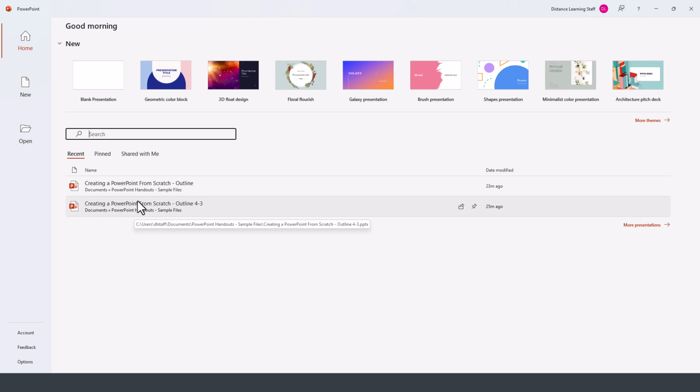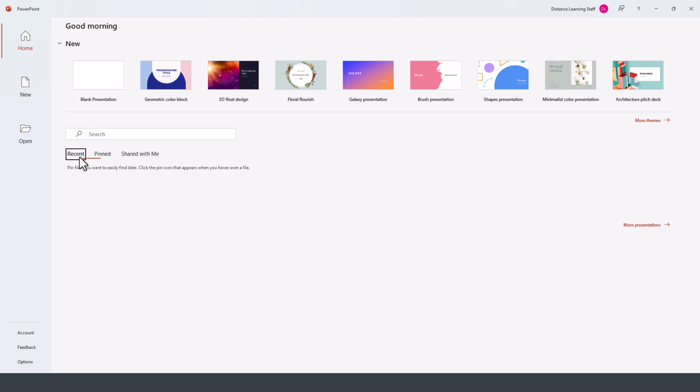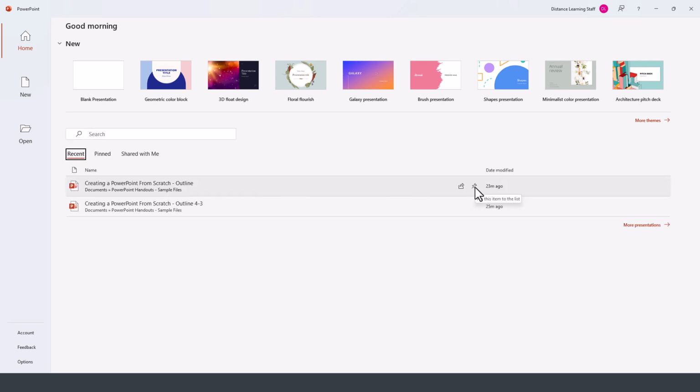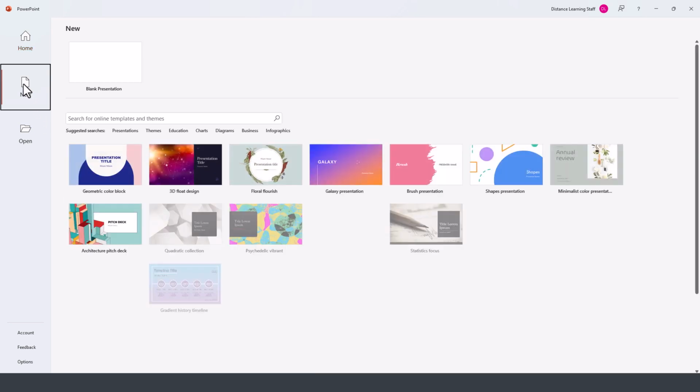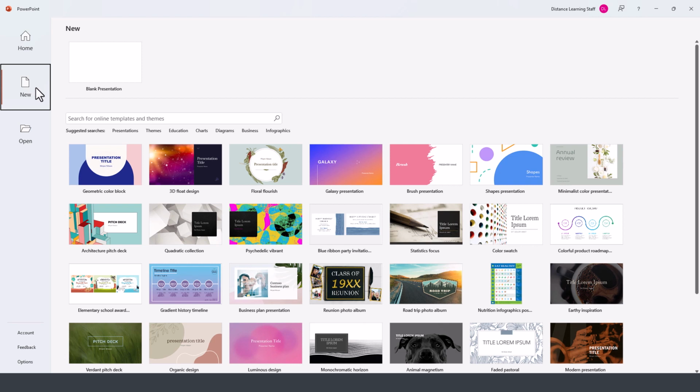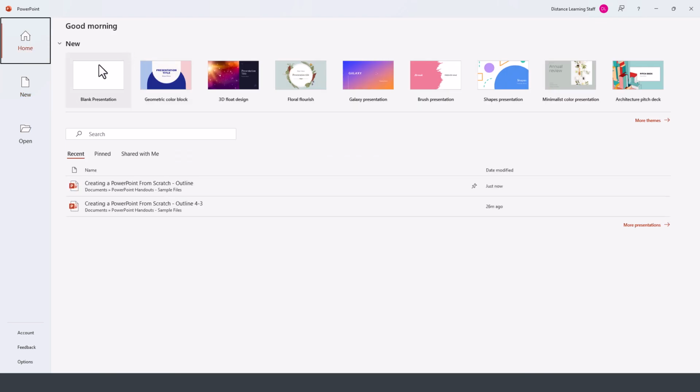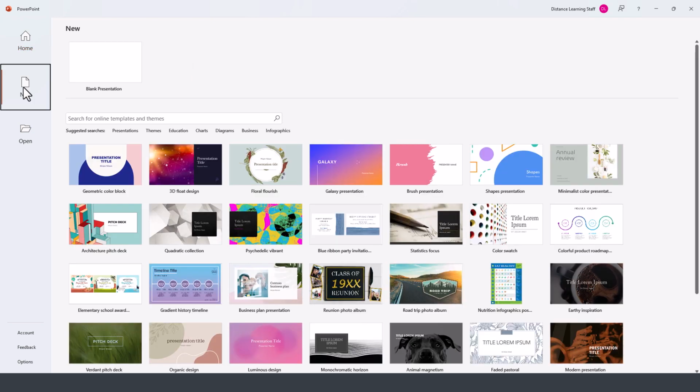that I have used. And under pinned, this is where you can have particular PowerPoints that you want to show up every time that you open PowerPoint by clicking on this little icon next to one of your presentations. Now, under the New tab here on the left, this is where you can select whether you want to start a new presentation or whether you want to use a new template from Microsoft. So the Home was a little bit more streamlined version of the options that are presented here under the New